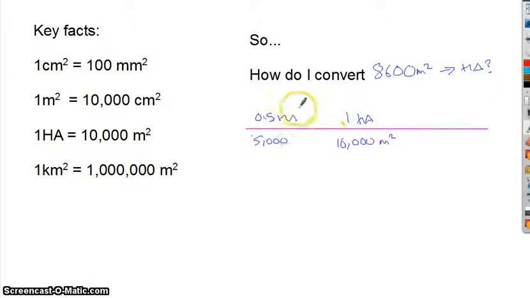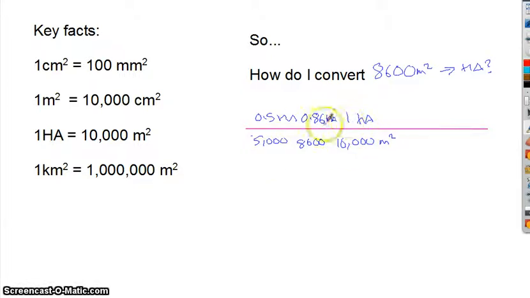5,000 metres squared. It's half the size there. So, 8,600 would be 0.86 hectares. Now again, another way to calculate this, if you don't like the ratio table, is to say, well, the